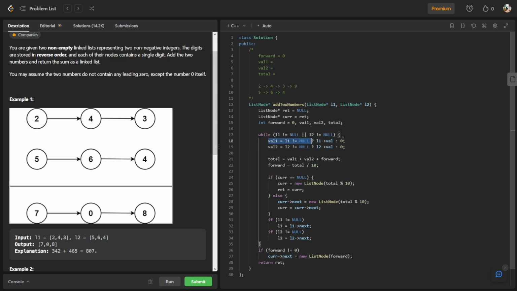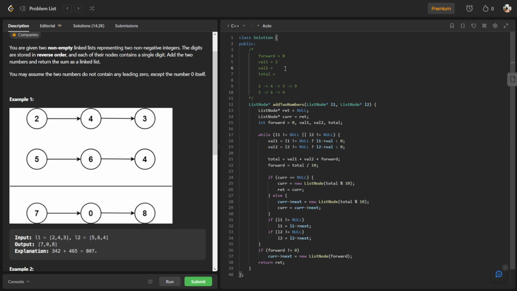Then on the first loop, value1 is set with an if-else statement: if this is true, I'll get this, or else it will be this. Since L1 is not equal to null, we get to use L1's value, so value1 is actually 2,